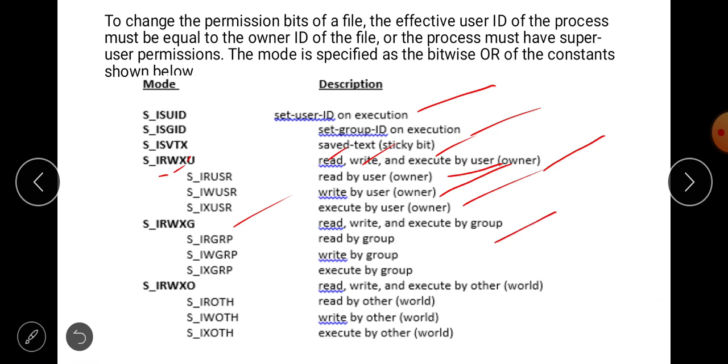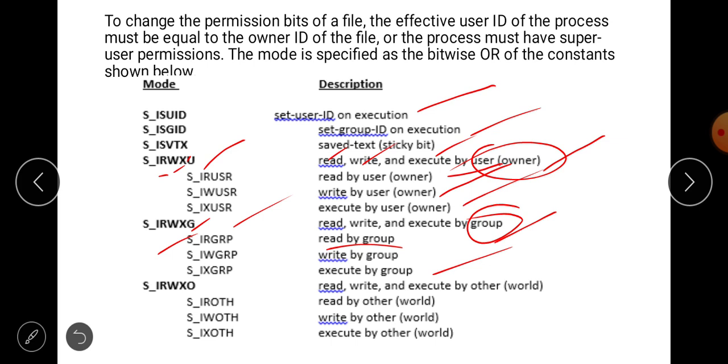Here U represents the user, whereas G represents the group. S_IRGRP is read by group, S_IWGRP is write by group, S_IXGRP is execute by group.